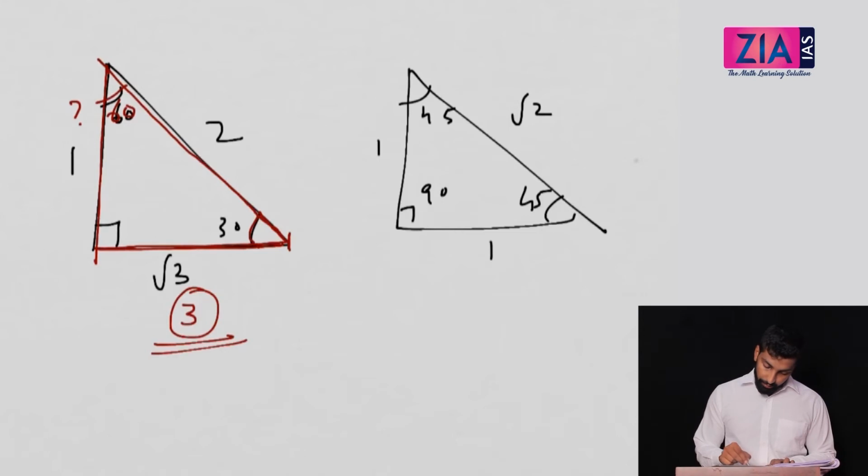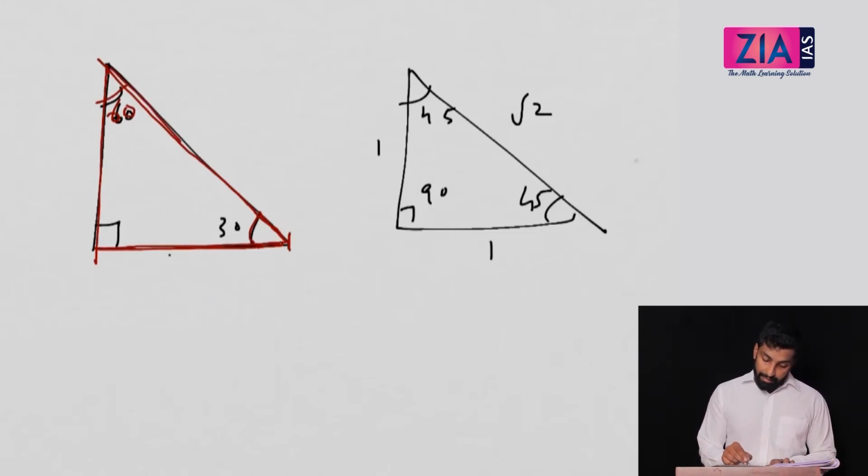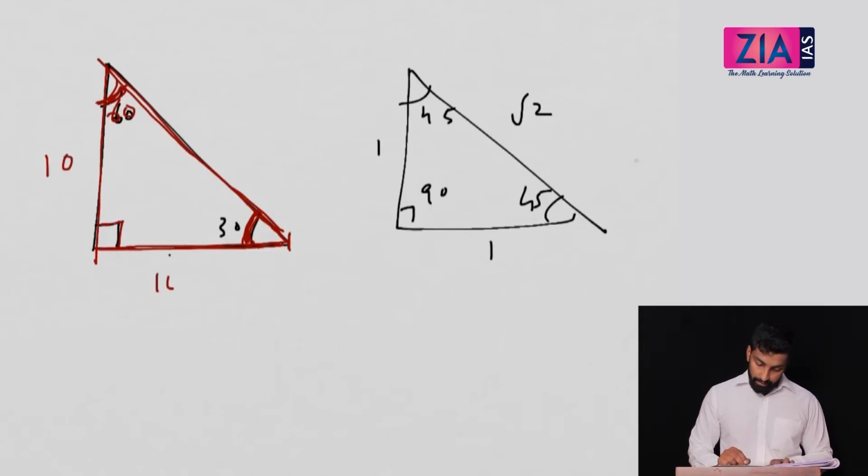Or they can ask you a different question. A ladder leans against the wall and it touches the ground making an angle of 30, or from here they are making an angle of 60. So obviously this is 30 and wall means this is 90. Now what you will get is that the height of the wall may be given, maybe this is 10. So what will this be? 10 root 3. Very easy, right? In case of 45, these questions will be easy. If this is given as 30, this has to be 30.